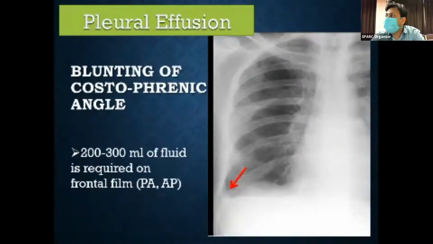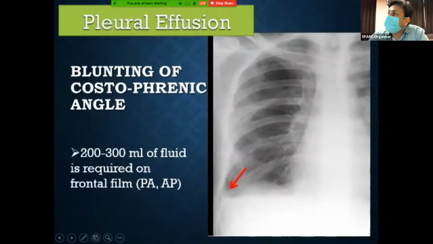Now, similar to the air, sometimes pleural fluid collects in the pleural cavity, like in cases of pleural effusion or in cases of empyema. Once we have about 200 ml of fluid, only then is CP angle blunting appreciated on a PA or erect film. If the amount of fluid is 50 to 100 ml, it's very difficult to detect on chest X-ray. However, ultrasound can detect it easily.